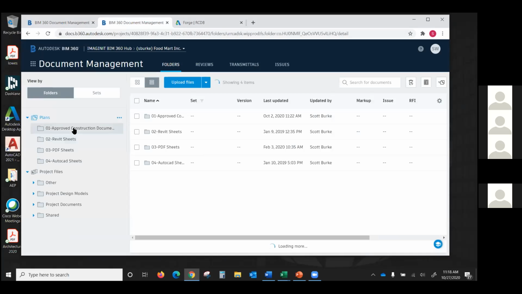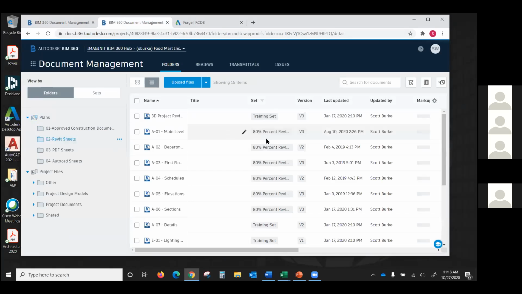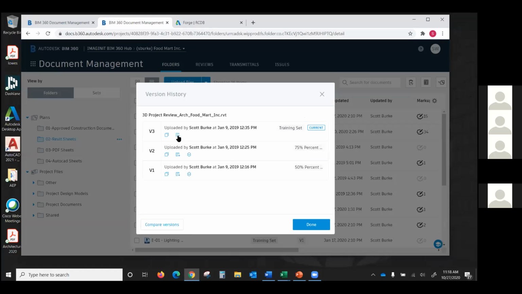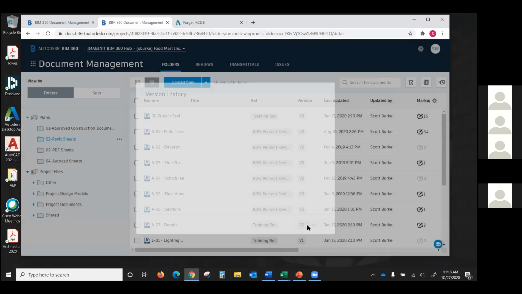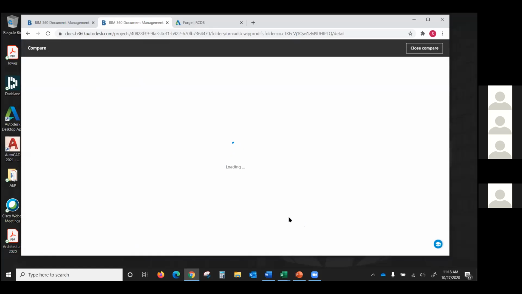So on the documents, you'll always see this version number here. Basically, anytime it changes, it increments the version number. So if I click on that, I can compare multiple versions. So I can say, what's the difference between that one and that one? So it doesn't matter if it's an